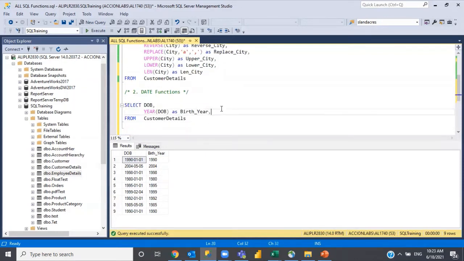In a similar way, if you want to extract the month, I can write birth month, and you can use the month function here.